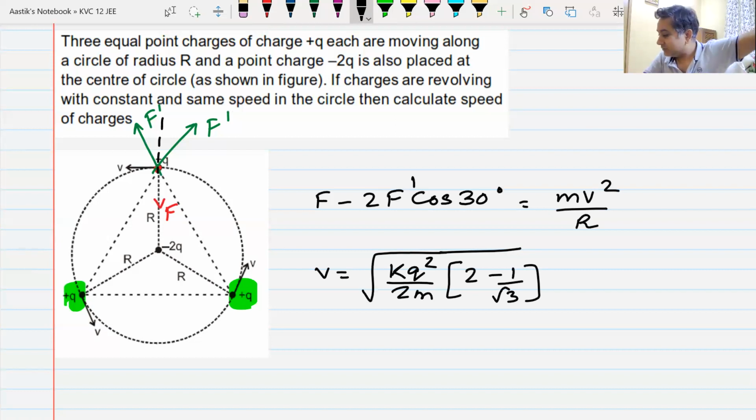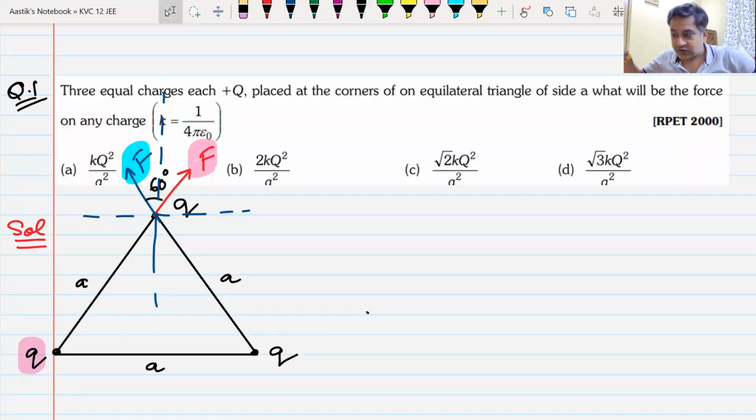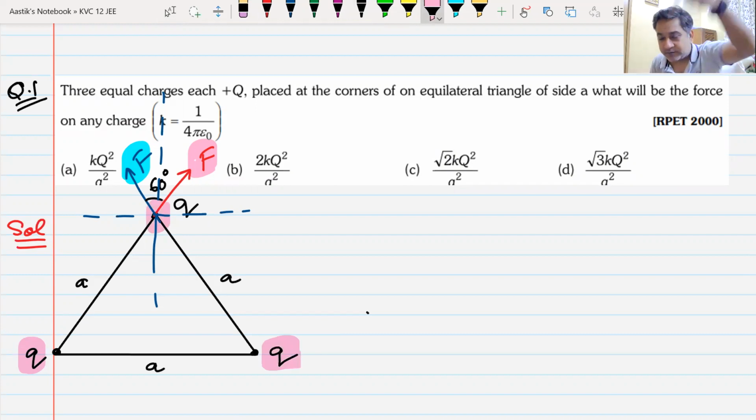If you would have done this question carefully enough, you would have known what is the net force on this charge because of these two charges placed here. You just had to find out one more force, and that is equal to mv square by r. So I do everything for a purpose. If you don't understand that purpose,